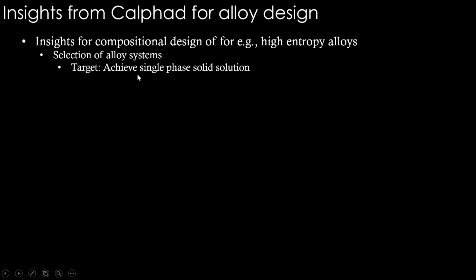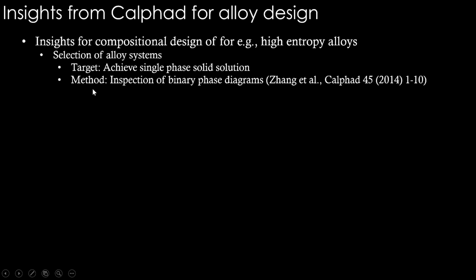Let's say the target is to achieve a single phase solid solution, something like a single FCC or single BCC. The advantage is that solid solution is a strengthening mechanism, because if you make a material as a solid solution rather than a pure element, the dislocation motion can become difficult and the material gets stronger. And more importantly, solid solution strengthening has an advantage over precipitation strengthening or even grain boundary strengthening. These things can disappear at high temperatures. At high temperatures, the grain may grow and the grain boundary strengthening is lost, and precipitates may dissolve, so they may not be stable at high temperatures. So these are problems with the other strengthening mechanisms, whereas solid solution strengthening can be there even at high temperatures.